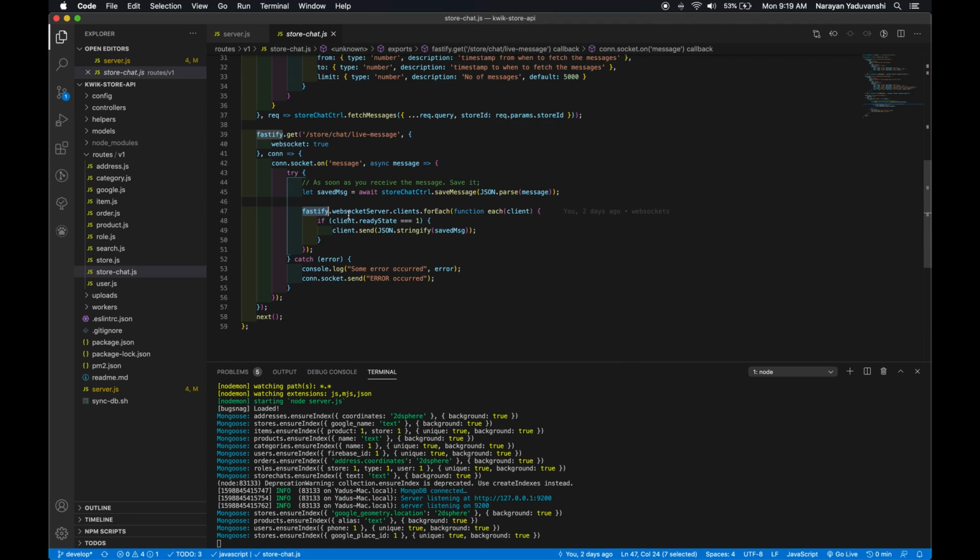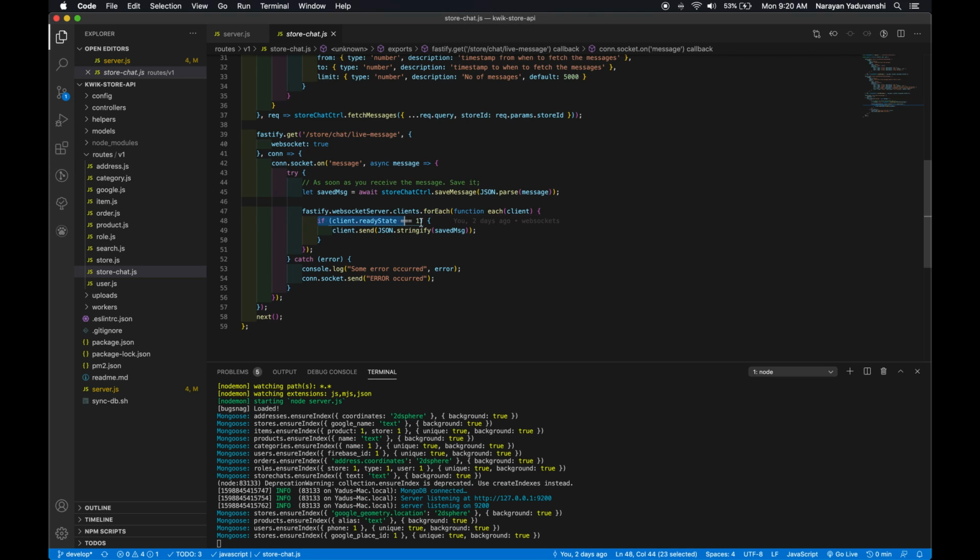Fastify dot WebSocket server, which is basically WSS dot clients. This basically holds an array of all the clients that we have. Now in forEach we are trying to send a message to all the users, so we execute a callback. forEach takes a callback, that's why.